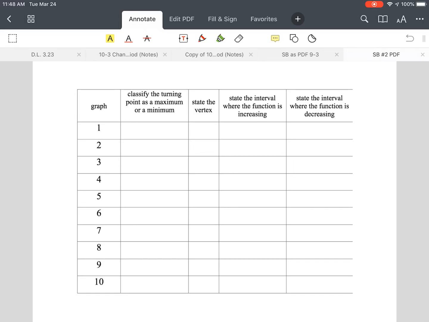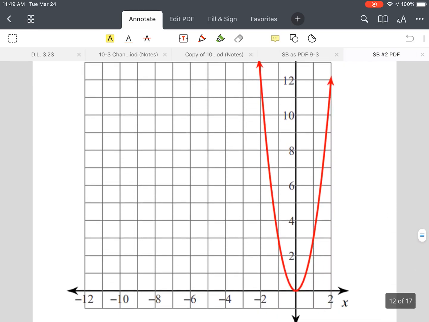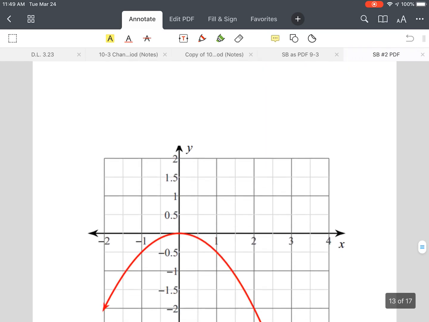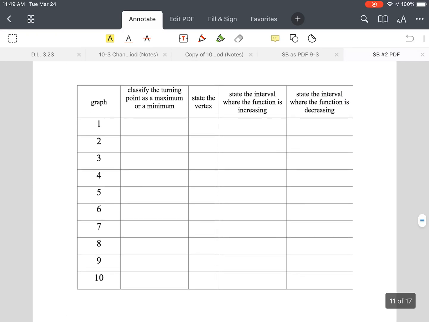I want you to continue in your packet, if you have it, in lesson 9-3. That looks just like this in your packet. If you don't have it, you can print it out or write it on a separate sheet of paper. The link will be on Canvas. And what you're going to need are these graphs. Normally I would have put them up around the classroom, so they'll be on Canvas. You don't need to print these graphs out. You can just look at them as you go. I'm going to do a couple of these with you, and then I want you to do the rest on your own for your